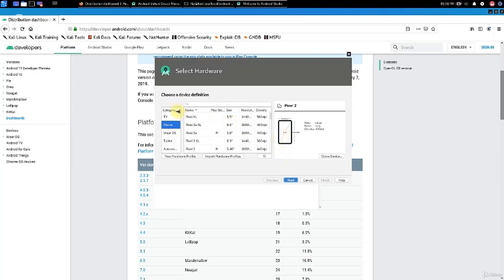So this will configure device-specific configurations. For example, the width and the height, the resolution, aspect ratio, and all the stuff specific to different devices. This is important for Android developers when they want to test their UI on different devices. In this case, let's just choose Pixel X, which is the default one.